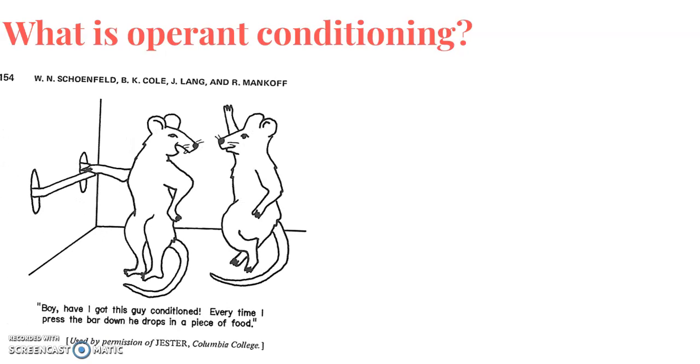B.F. Skinner studied operant conditioning by placing rats into a puzzle box and measuring the responses. The response that he was measuring was how long it took for the rats to press the button. As the rats learned that food was delivered if they pressed the button, which is a form of positive reinforcement, they began to press the button more often.